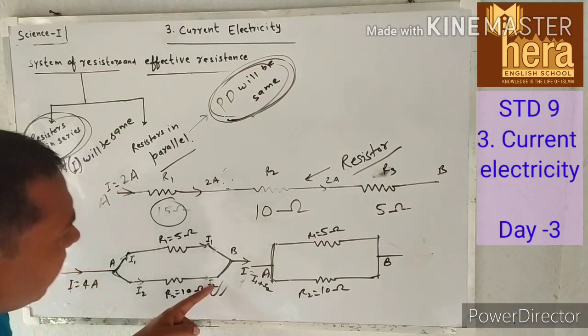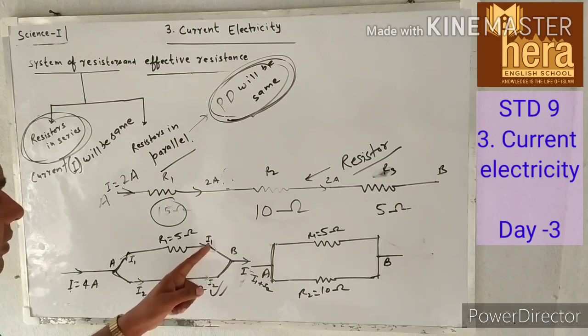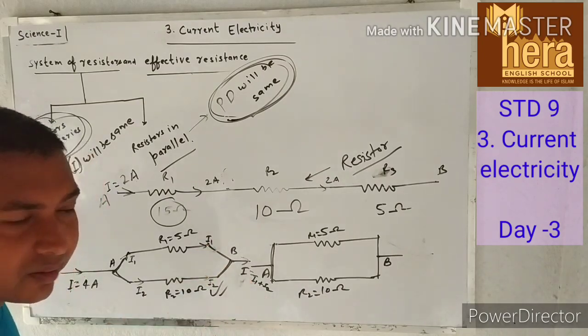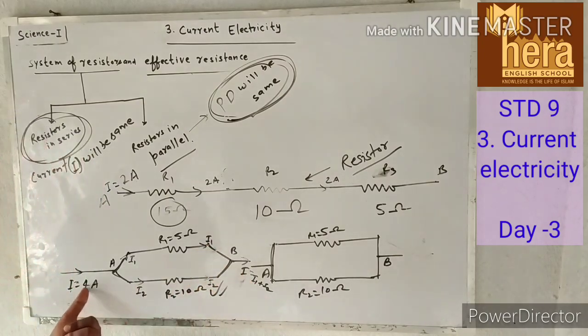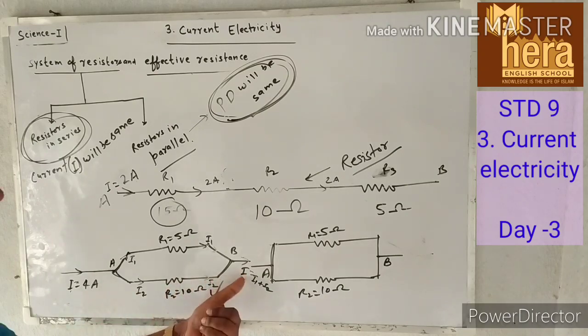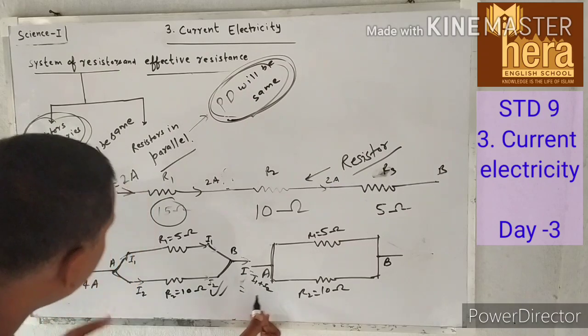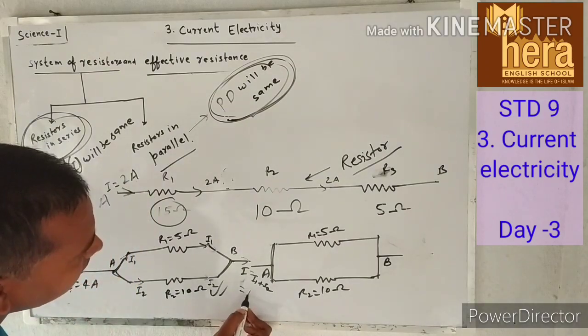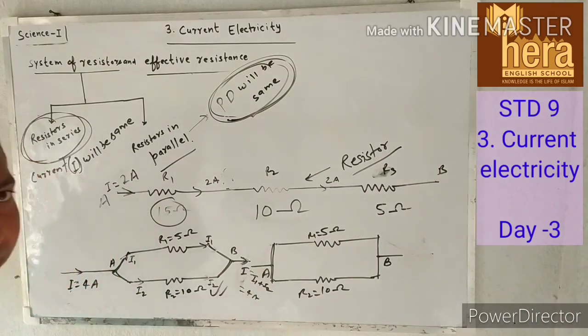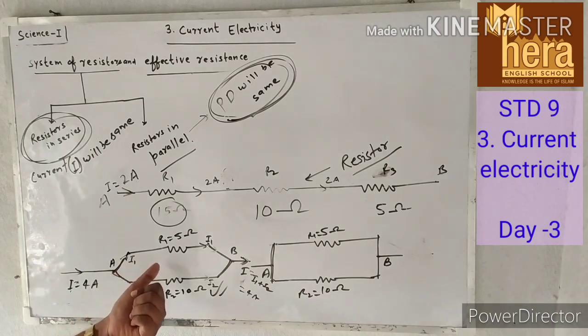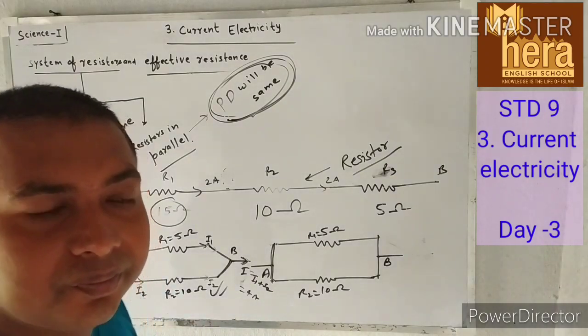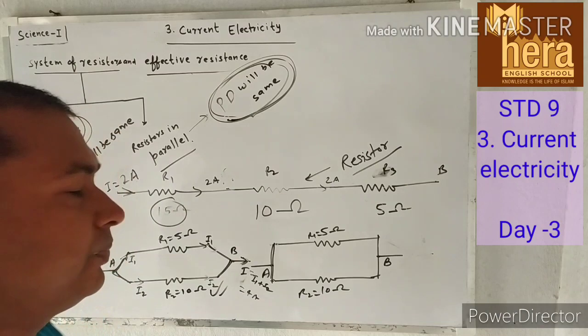See, this is I1, this is I2. If you add them, here will be I. I will be equal to how much? 4 ampere. Understood? It means I1 plus I2 is equal to 4 ampere. So in case of parallel combination,